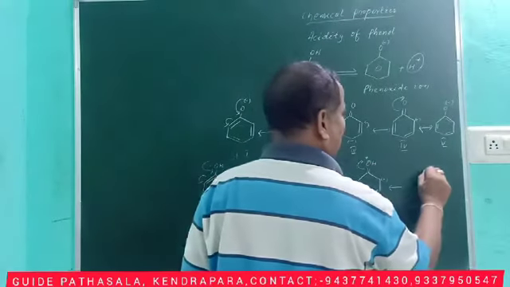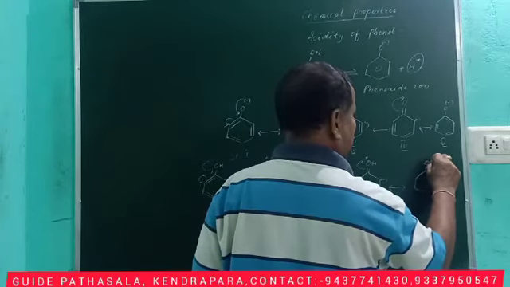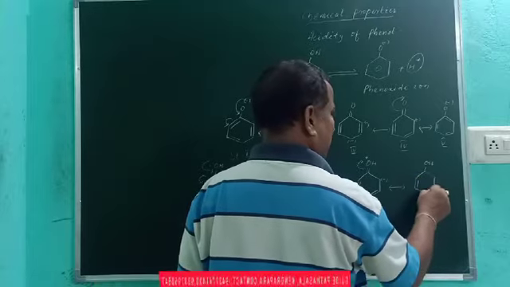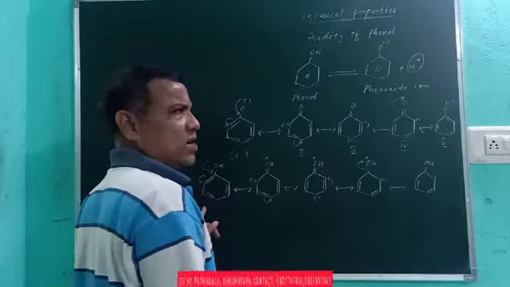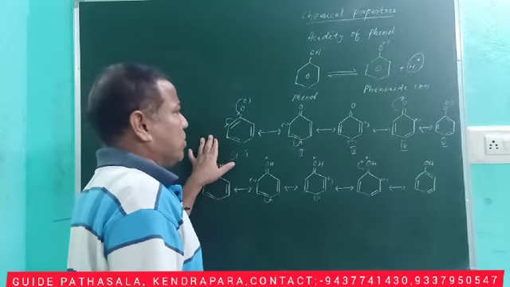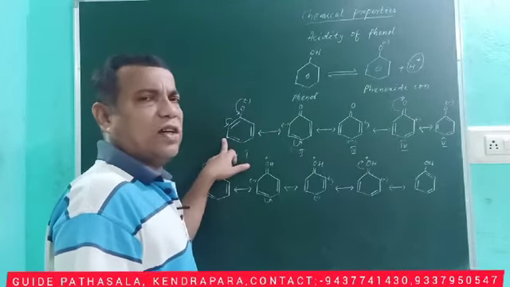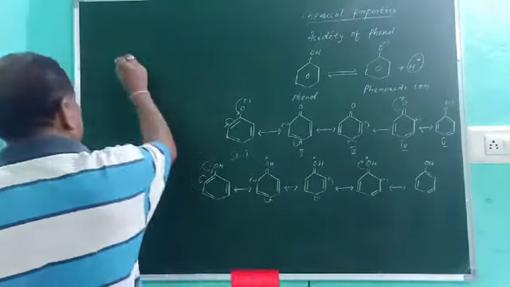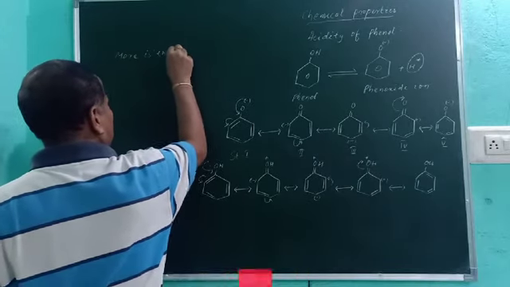As a result, it only becomes a single bond to OH. A double bond is formed here, another double bond is formed here, another double bond is formed here. So due to resonance, more number of resonating structures are possible when phenol ionizes and forms the phenoxide ion. The phenoxide ion is more stable due to the more number of resonating structures. As you know, the more resonating structures